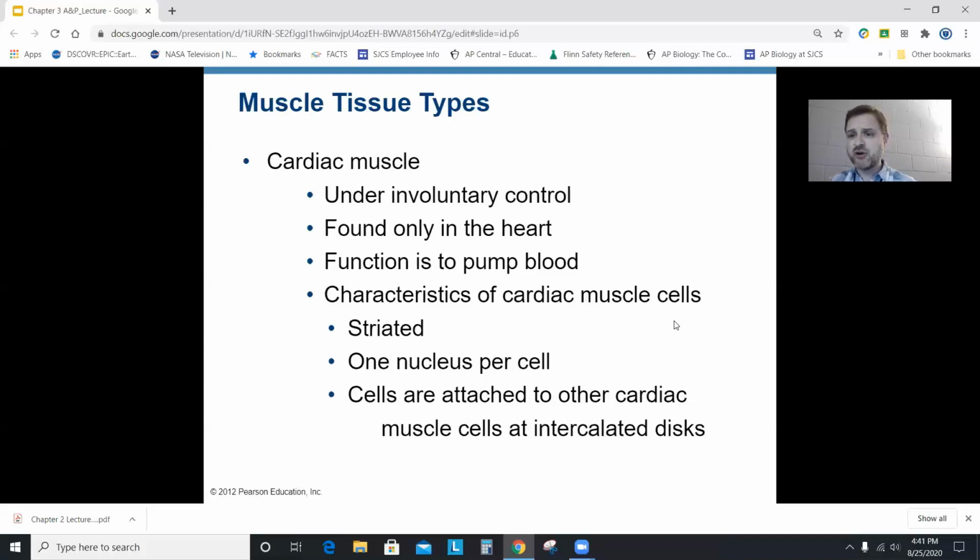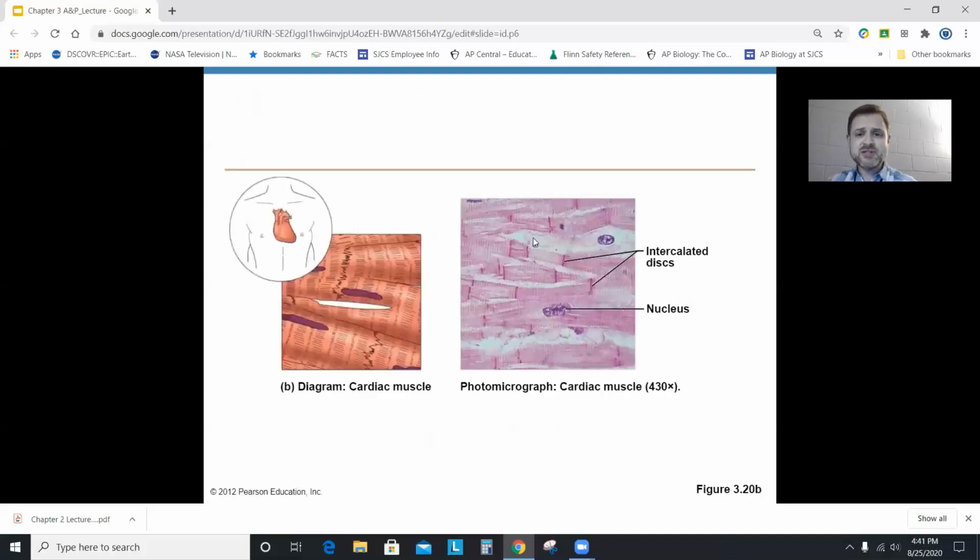Let me show you a quick image. So here you can see there are stripes. These discs right here, these intercalated discs, the discs have little gaps in them. And basically at these discs, it's a way for heart cells to communicate with one another pretty quickly. Things can go from one cell to another without having to leave the cell. They can go through gap junctions in the discs. And because the cells can swap out cytoplasms or things in the cytoplasm, they can communicate much faster than other